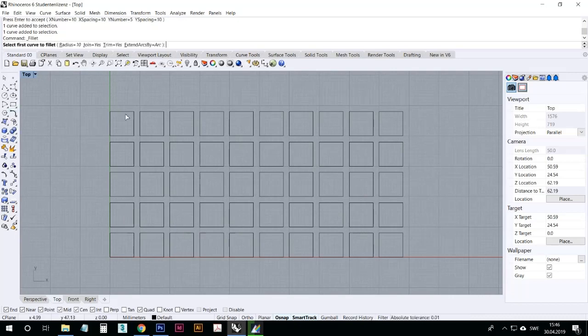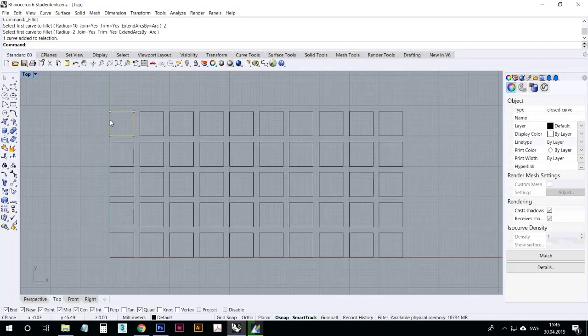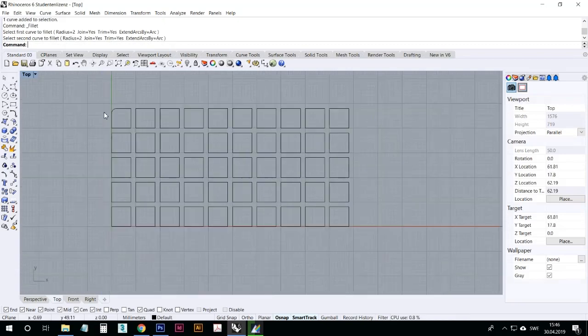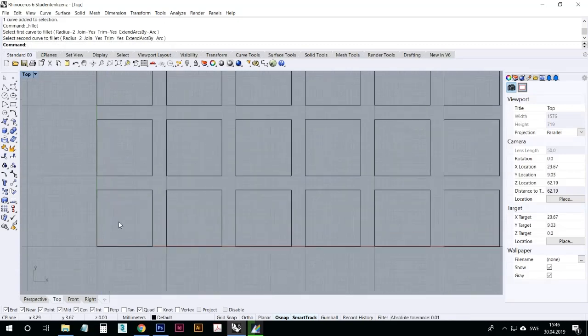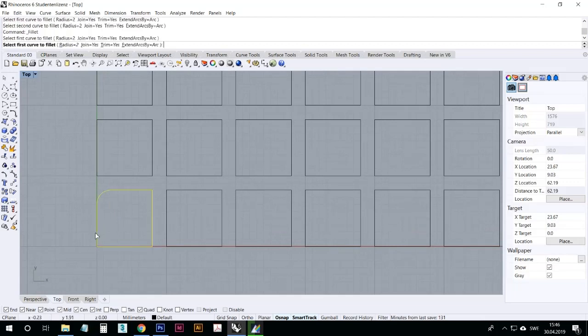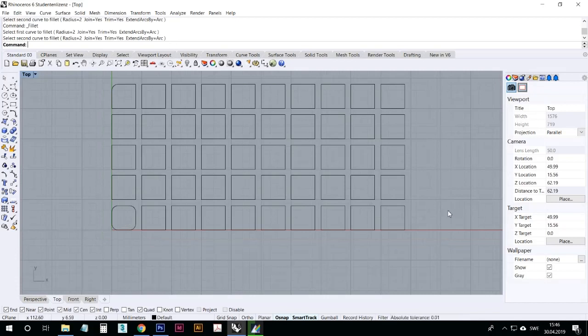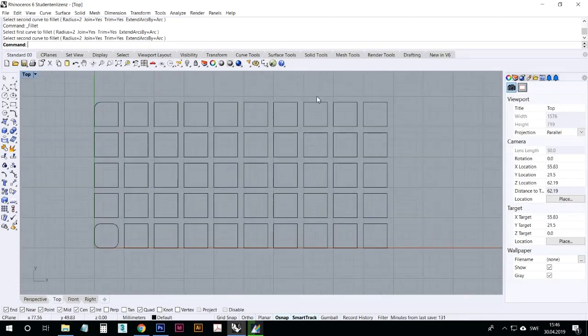Here I would have to go into fillet and simply change all the corners in each and every square, of course. Or I would probably simply rearrange this one, redesign it, and then rearrange based on this first square here and spread that all along. But wouldn't it be interesting if we could change all of these or selected parts of these in one go? And that is what